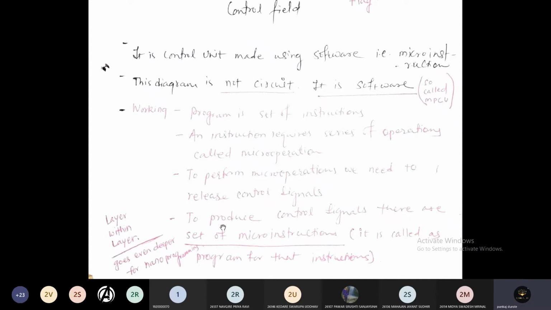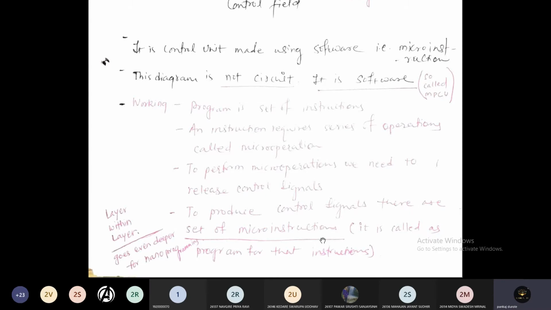Now to produce control signals, there are sets of instructions. What we are doing here is going one step deeper, digging one more step, to produce those control signals. There is a set of micro instructions, and it is called a program for that particular instruction.